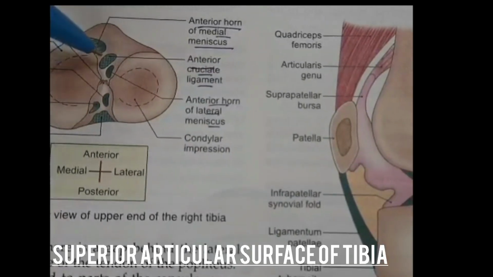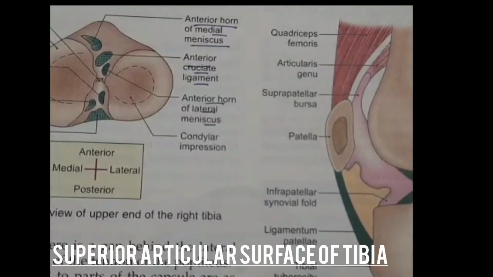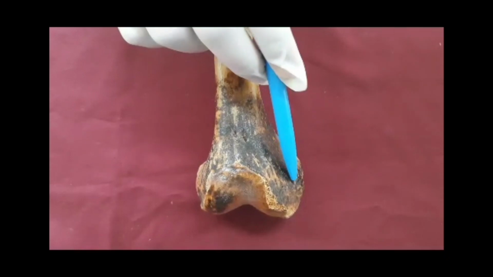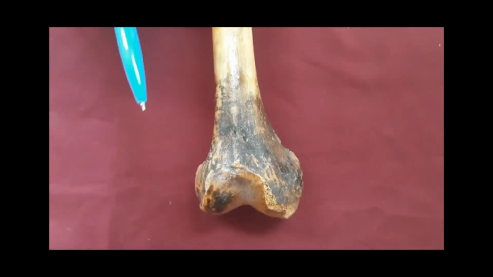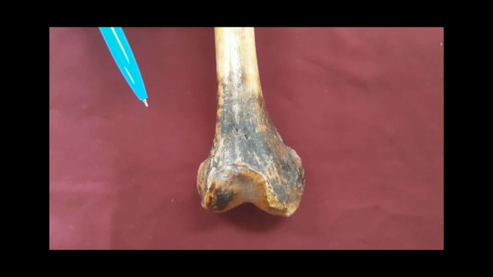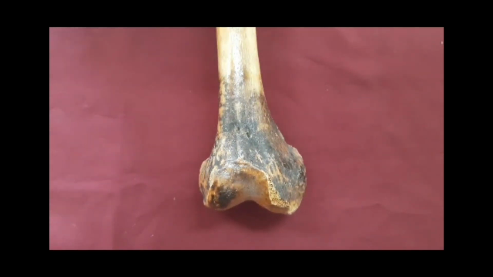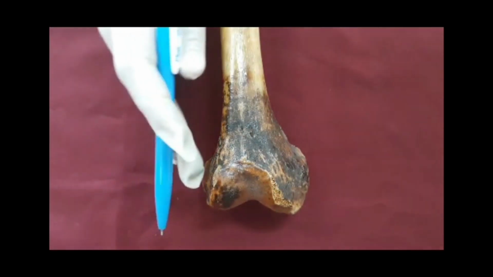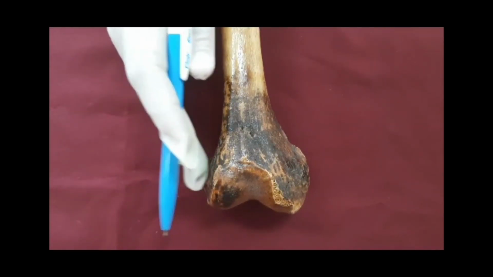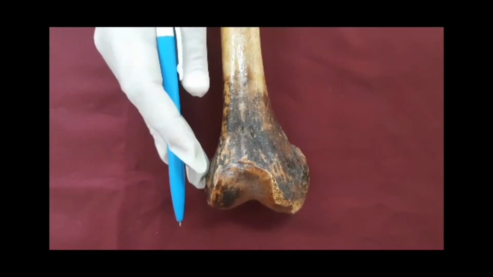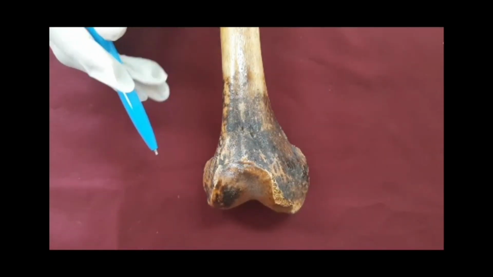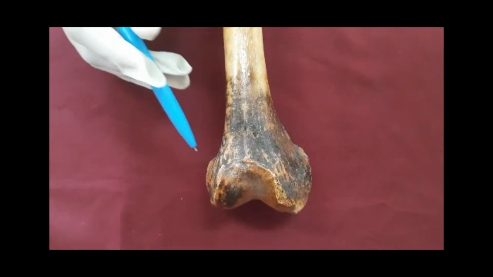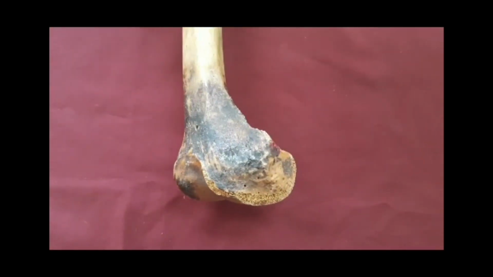Now we will see their attachment over the femur. So in the femur, this one is the lateral condyle and this one is the medial condyle. As we have seen, the anterior cruciate ligament extends from anterior to posterior and from below upwards. So the anterior cruciate ligament inserts over the lateral condyle. Now we will see its attachment over the lateral condyle. It inserts over the posterior part of the medial surface of the lateral condyle. You can see here in this way.